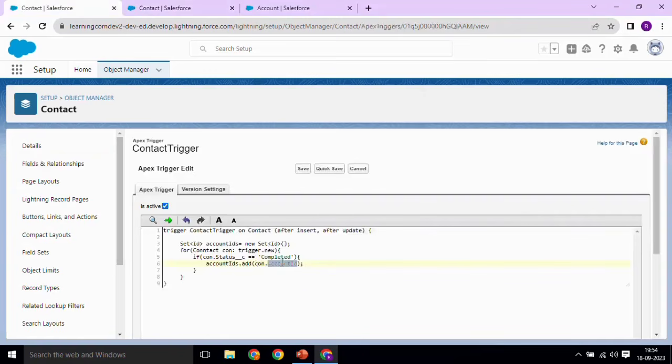Contacts' account ID field is being added to the account IDs set. Now once I have collected those IDs, I'll simply write a query. A query returns me a list of sObjects. So over here I'll write List<Account> accList equals, then I'll write the query. How to write a query we will discuss in upcoming videos in detail, but for now understand that